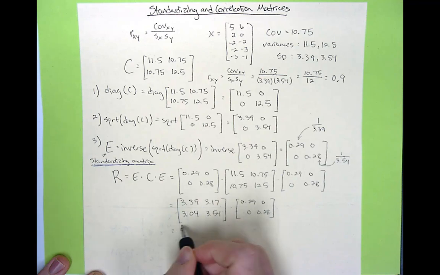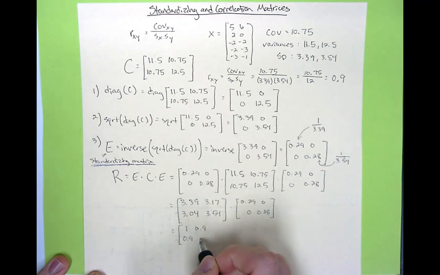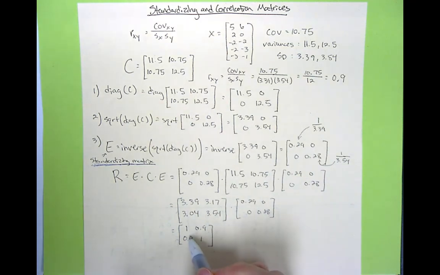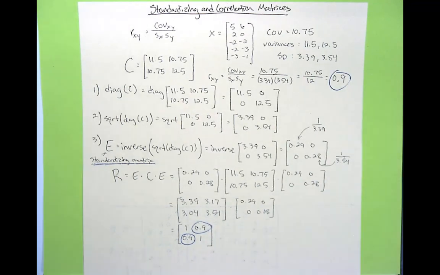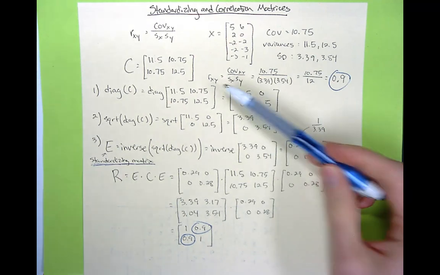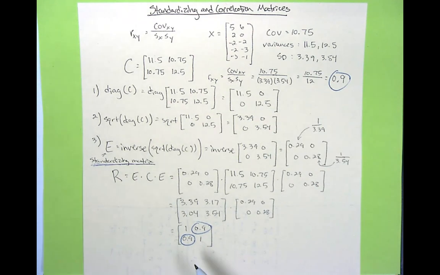And what this gives us is 1, 0.9, 0.9, and 1. And as you notice on the off diagonals here, we've got 0.9, which is the same as we got up there. Remember, this was the Pearson correlation coefficient, and this is the correlation matrix. So we should have 1s on the diagonals